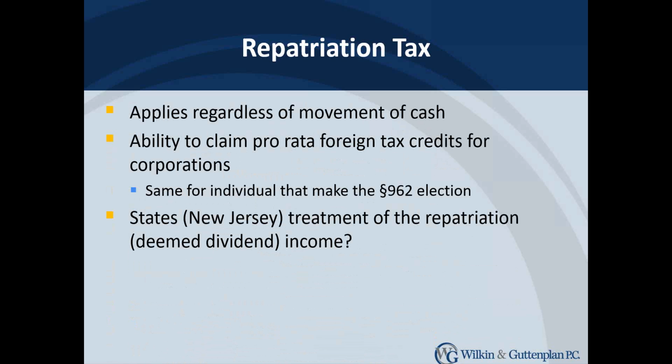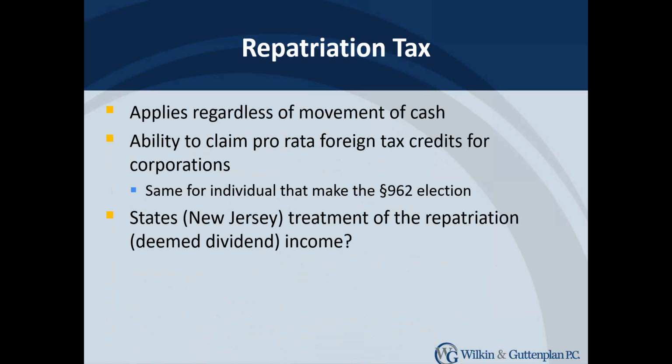Just as background, in the U.S. we have effectively two levels of tax. We have the federal tax, which is everything we've been talking about thus far, and then most of the 50 states have their own state income tax, which may or may not be connected to the federal system. In New Jersey, we actually have both. We have a New Jersey corporate system, which is tied to the Internal Revenue Code, and we have a personal tax system known as gross income tax, which is independent of the Internal Revenue Code. So we're wrestling with these issues at a federal level, and we have to wrestle with these issues on a state-by-state level because it's unclear how states are going to follow these new federal rules.